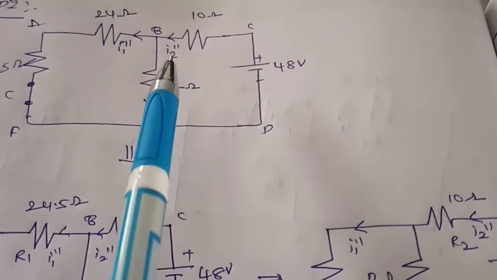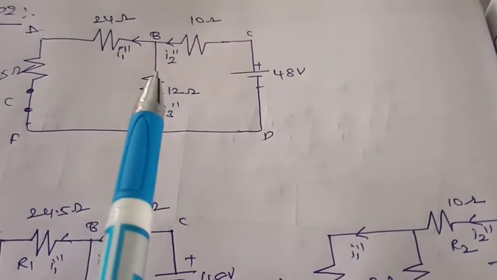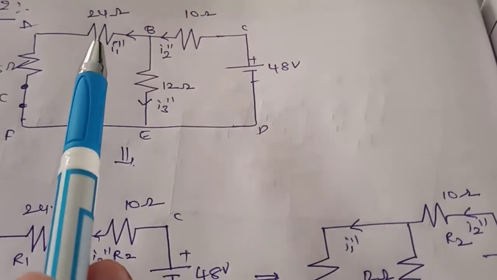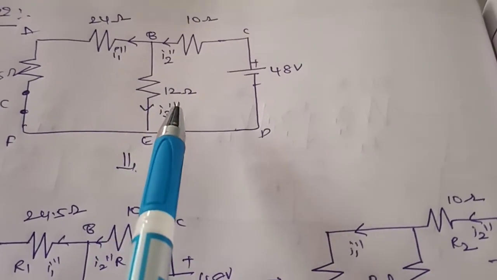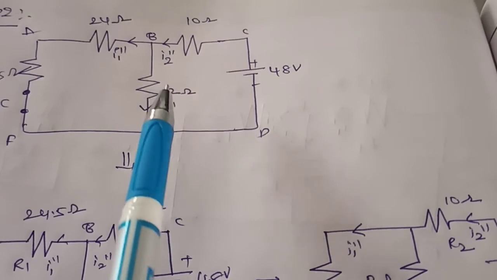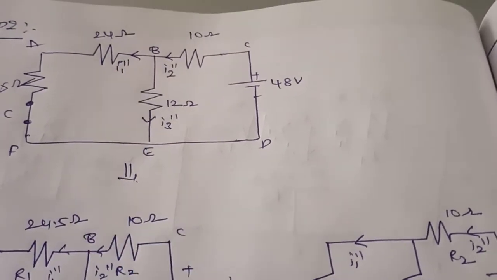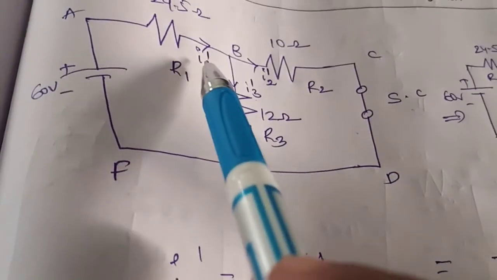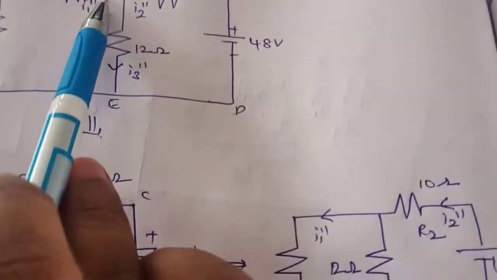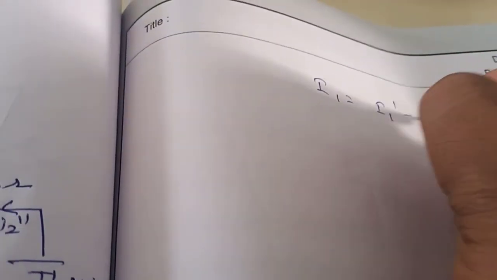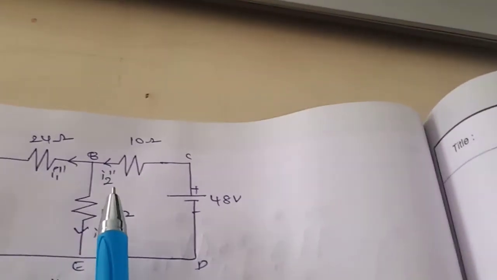So what is the resultant current flowing in this 24 ohms, 10 ohms and 12 ohms? So at first instant you got I1 dash, second instant I1 double dash, I2 dash, I2 double dash, third instant I3 dash, I3 double dash. So you have to find out I1, I2 and I3. For that you have to observe this figure. In this figure, when you consider 60 volts, I1 dash is in this direction. Here it is opposite. So simply you have to find out I1 as I1 dash minus I1 double dash,